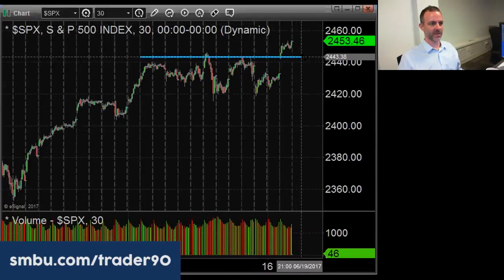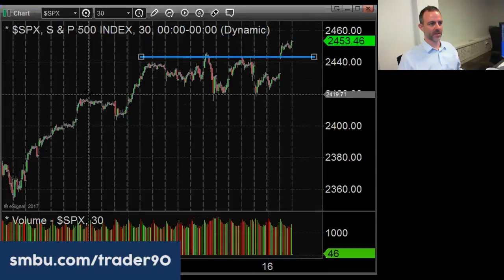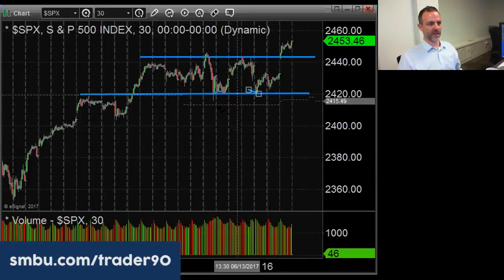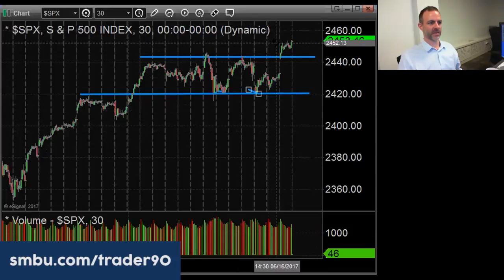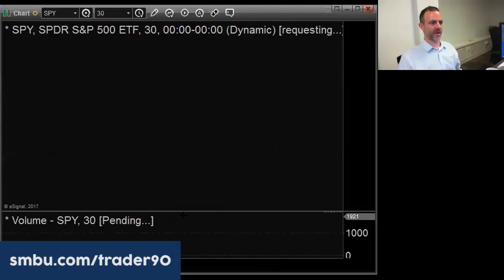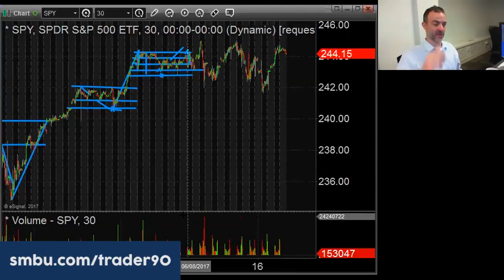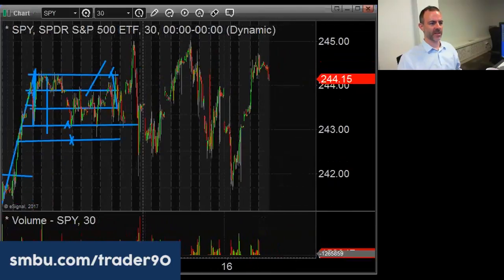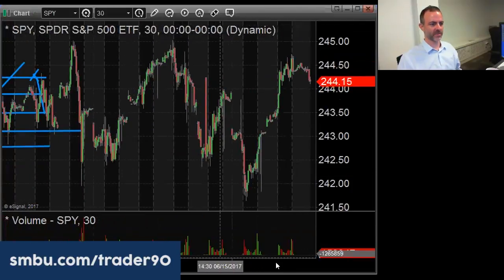You can see 2420 had support there last week and a new closing high. So that's that. Getting back to the SPY, this should correct itself with the levels over the next few days in terms of the dividend. So looking at yesterday's price action,